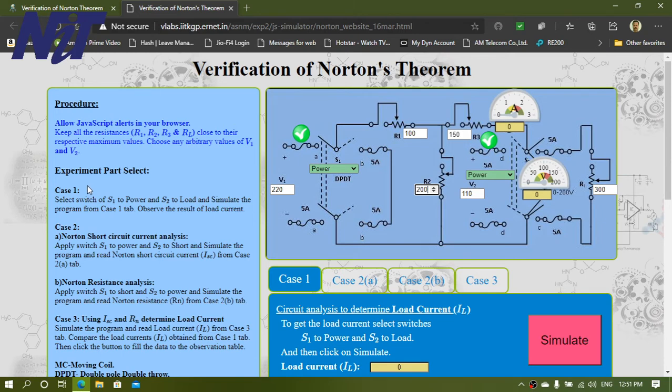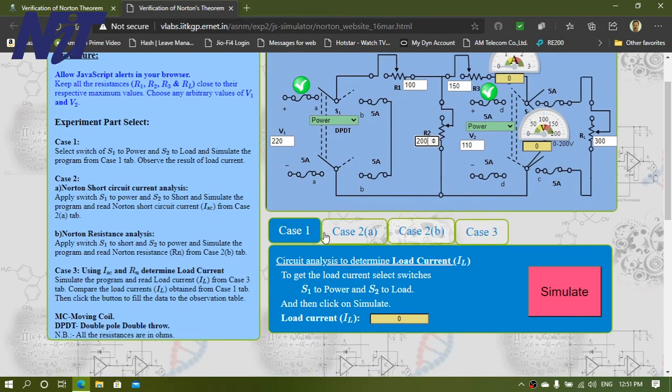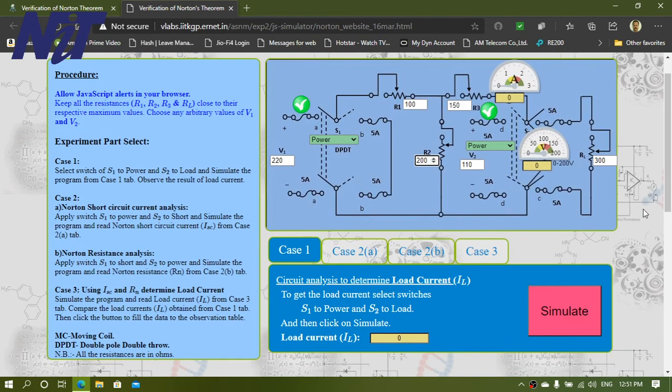In the experiment part, you will find there are 4 tabs for different kinds of circuit and scenario. Now case 1: under case 1 they have said that to get the load current, select switch S1 to power.